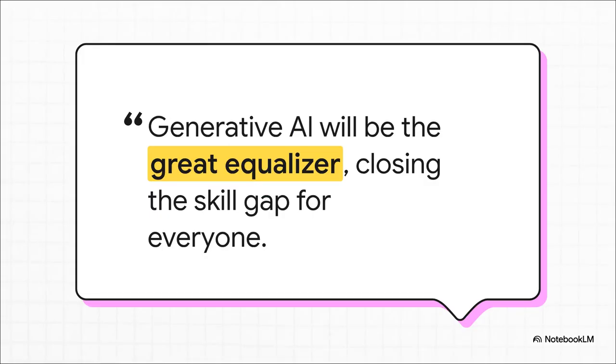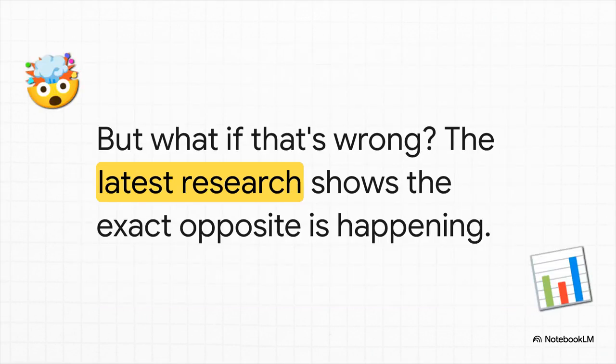Now, because this creative power is so incredible, this really hopeful idea started to spread like wildfire. A big promise, really. The idea that generative AI would be the great equalizer, that it would finally close the skill gap, letting a total beginner perform just like an expert in coding, in art, in pretty much anything. But what if that's completely wrong? What if all the latest research is pointing to the exact opposite conclusion? This is where it gets really, really interesting. Because the common wisdom, the thing we all kind of hoped was true, is being totally challenged by the data.